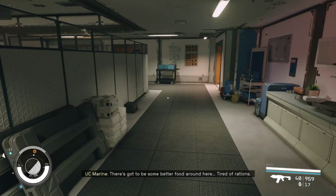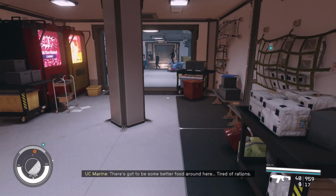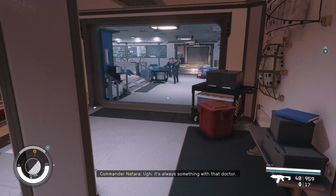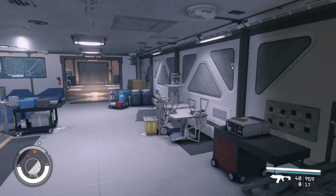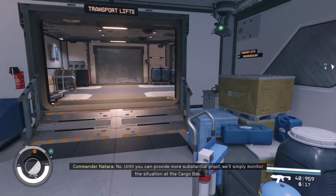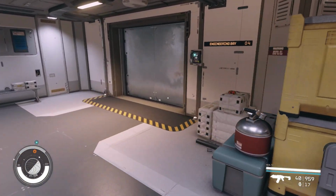How are the tests for the comms spike going? Dr. Vogel has put in a request for more personnel. It seems there was an accident. There's always something with that doctor. Not to change the subject, but are we concerned about the potential leaks? No. Until you can provide more substantial proof, we'll simply monitor the situation at the cargo bay. For now, I'd recommend...